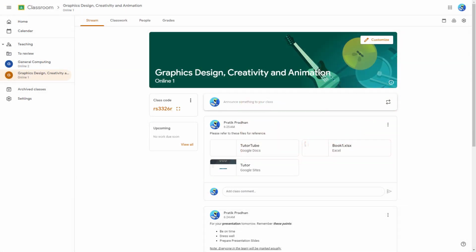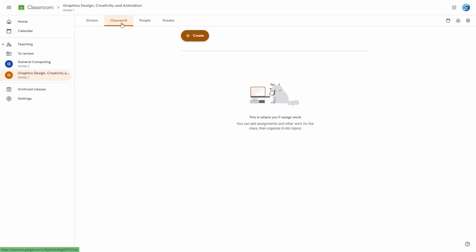You might want to provide some reference materials to your students from Google Classroom. So in order to do that, what you need to do is go onto the classwork section in your Google Classroom, and over here you can create a reference material. So I'm just going to click on create, and over here you can see that material is